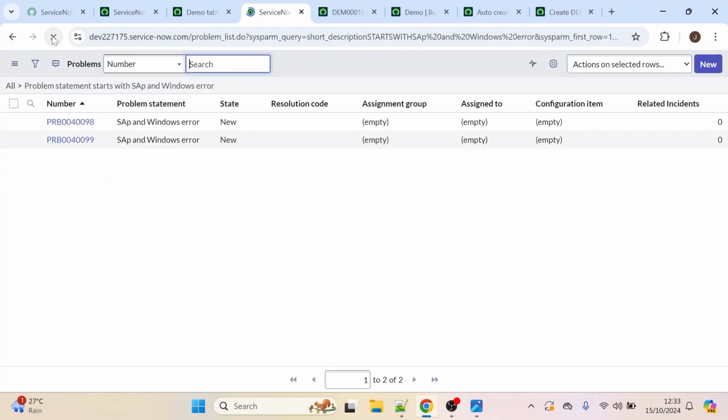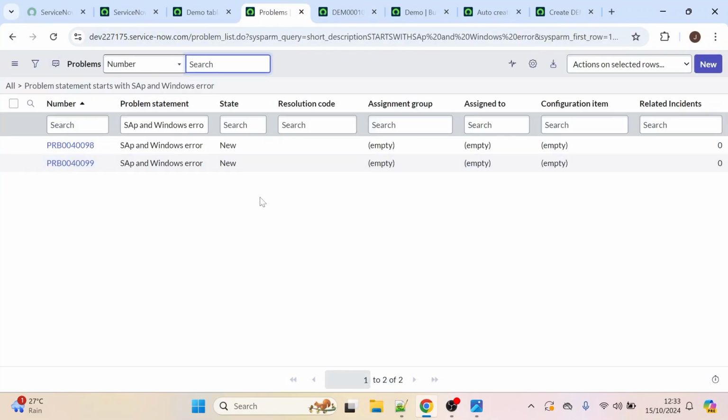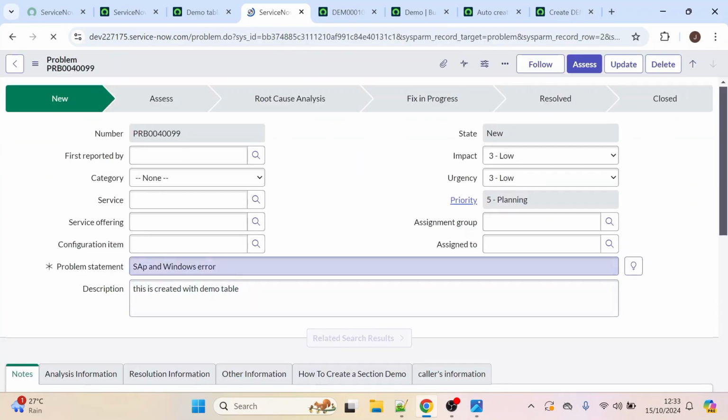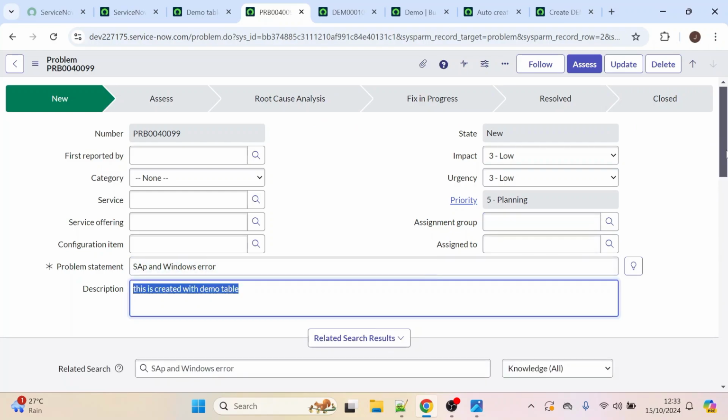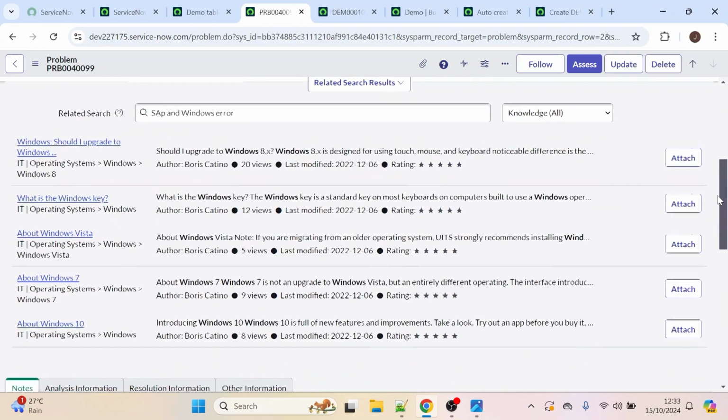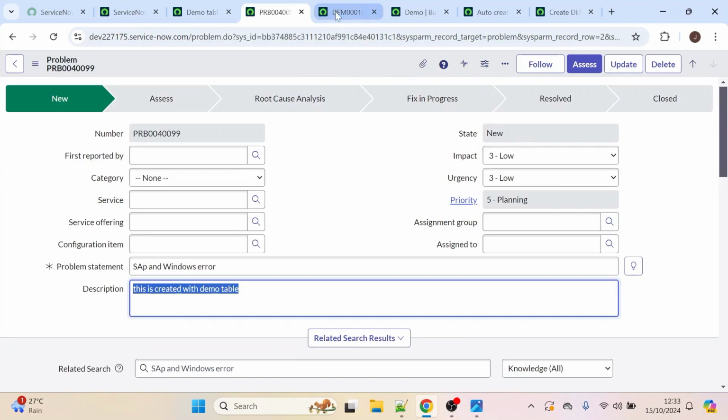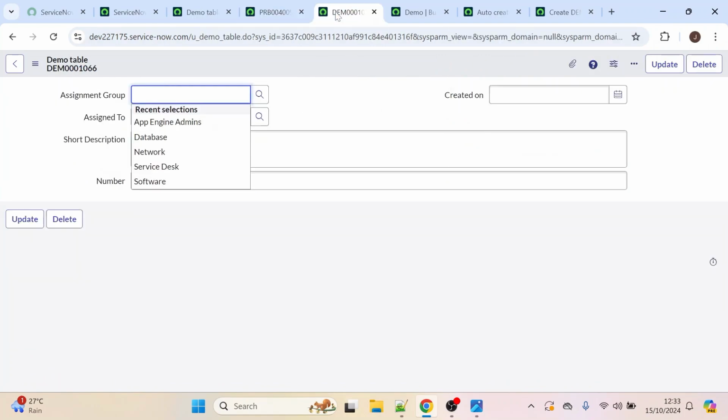and click on problem table. See, now the count is greater than 3, right? So that's why it has created another problem record here with the same demo table short description. See, SAP and Windows error. So the same code which we have used in after business rule, we have used in before business rule. So since it is running before the data is getting inserted into the database, we have a difference in the